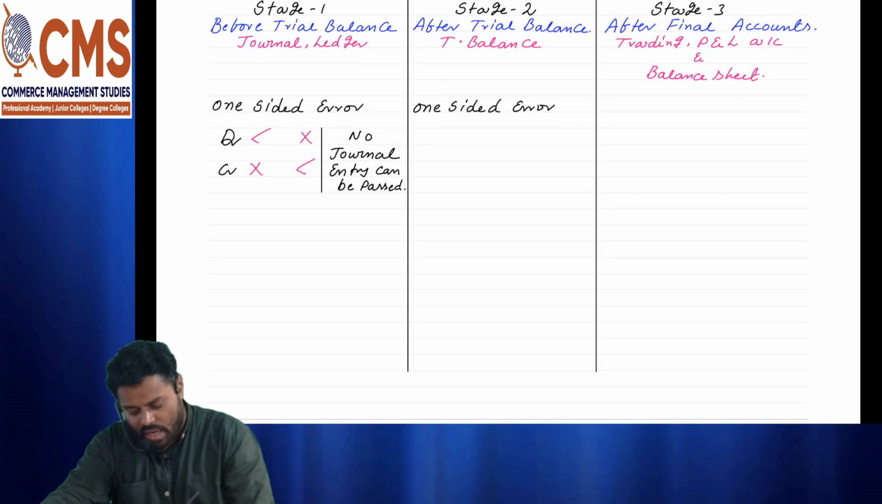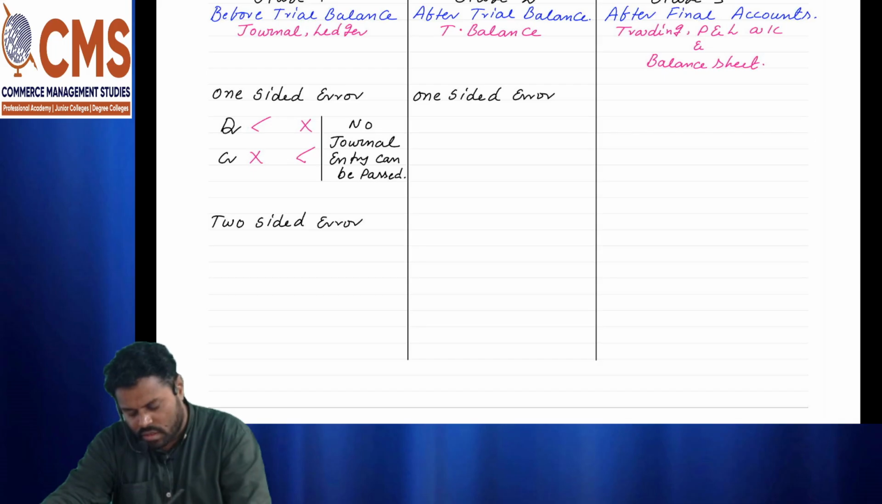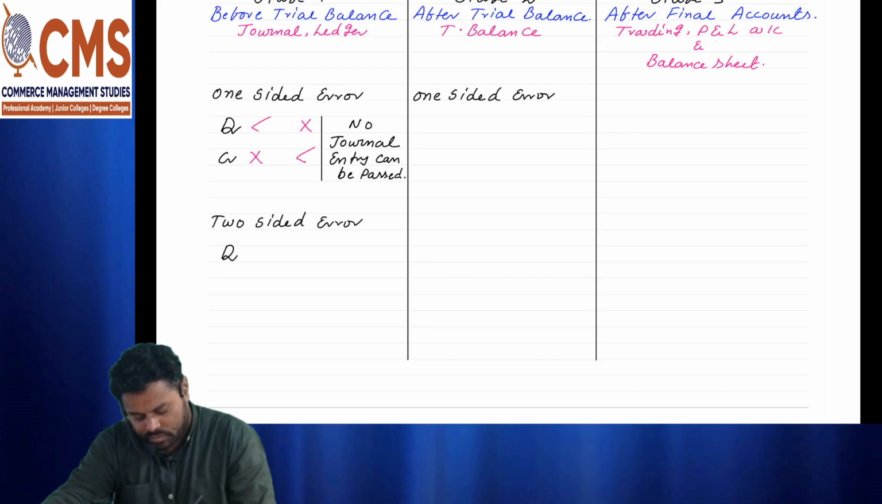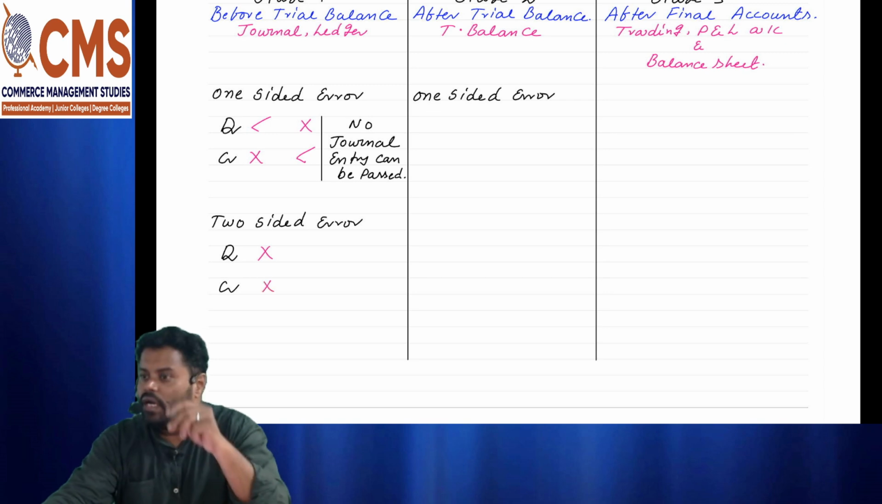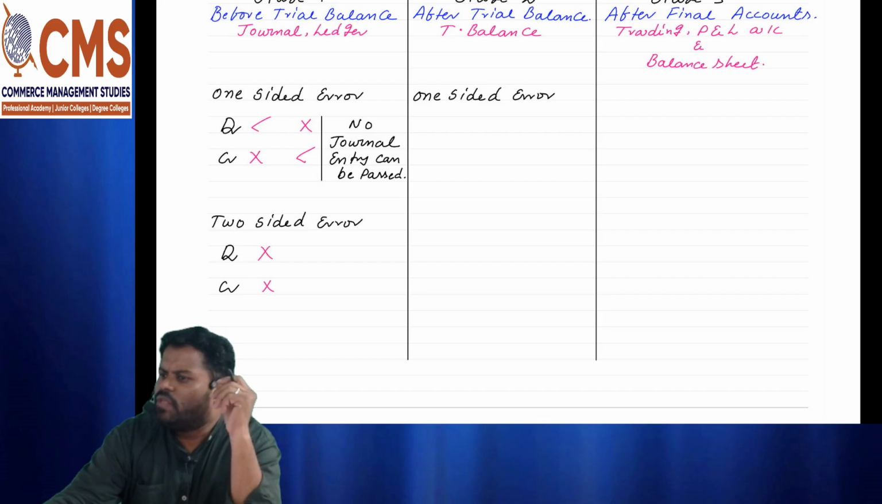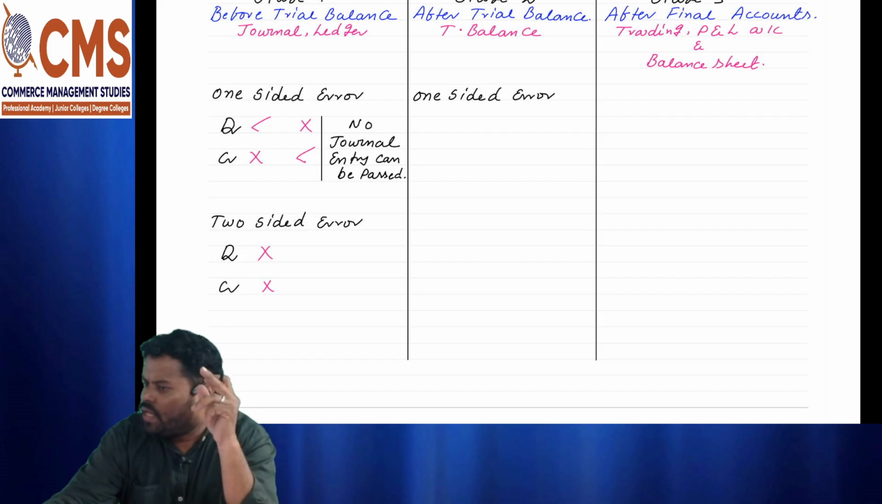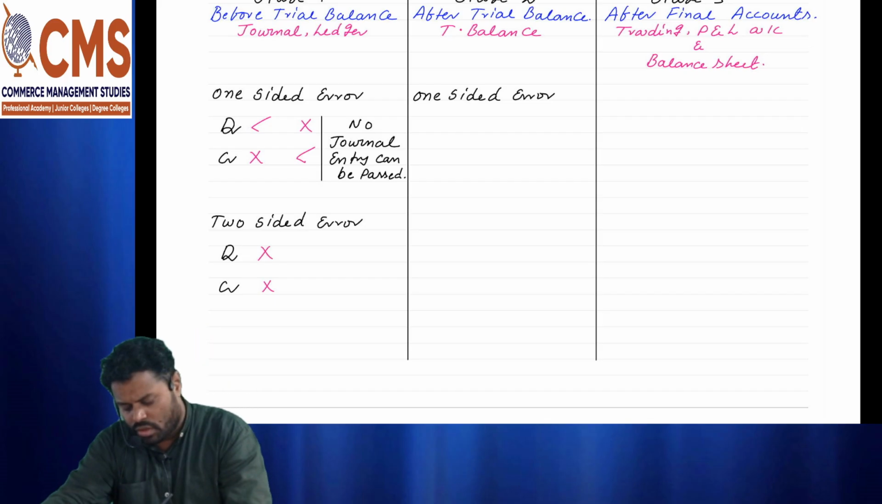Now, what are we writing here? What is the next category? Two-sided errors. Now, what are these two-sided errors? If I write them literally, debit is wrong, credit is wrong. Obviously, when both of them are wrong, I have to pass a journal entry and resolve it. So here,